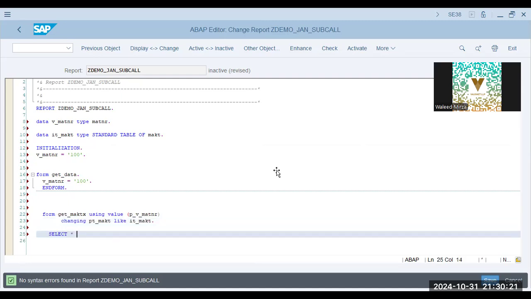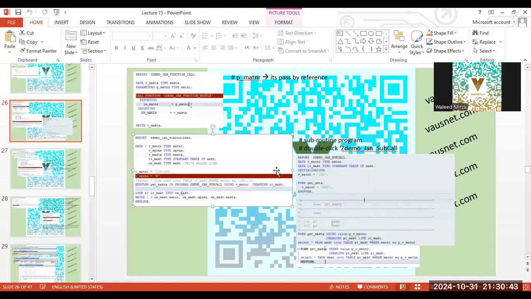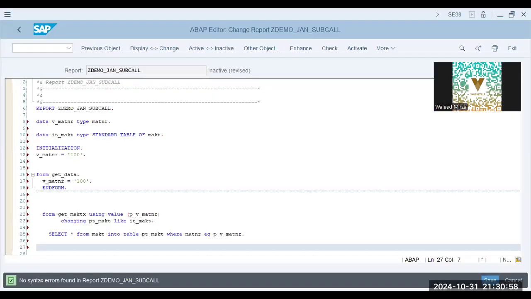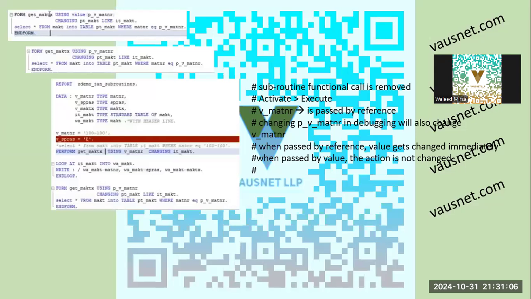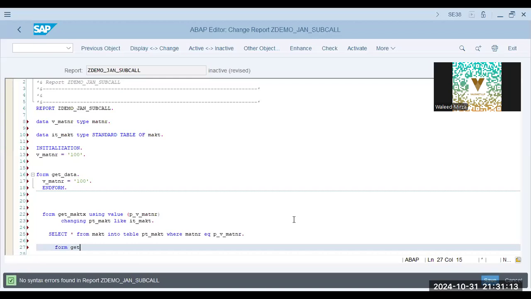Select all from MAKT into table PT_MAKT where MATNR equals P_V_MATNR. Okay. Just a second. Form get_